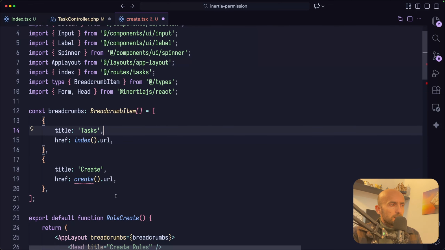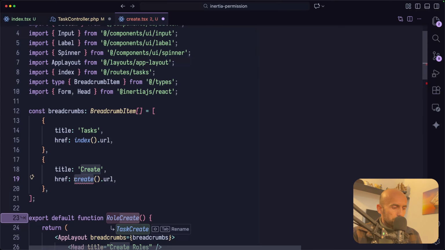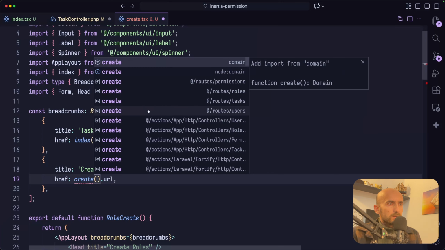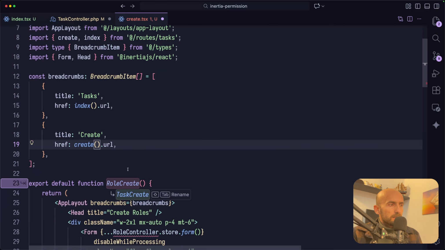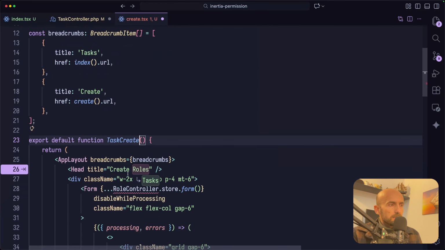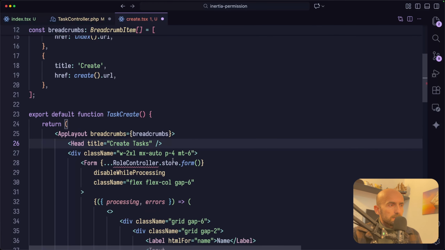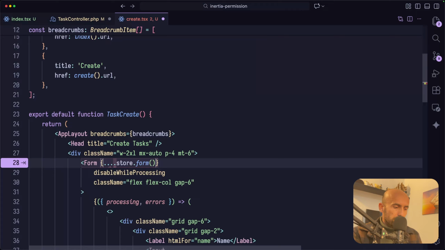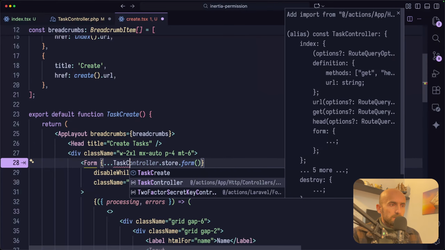Okay. Also import the create from tasks. Change this to create a task, import not the role controller, but the task controller from actions,